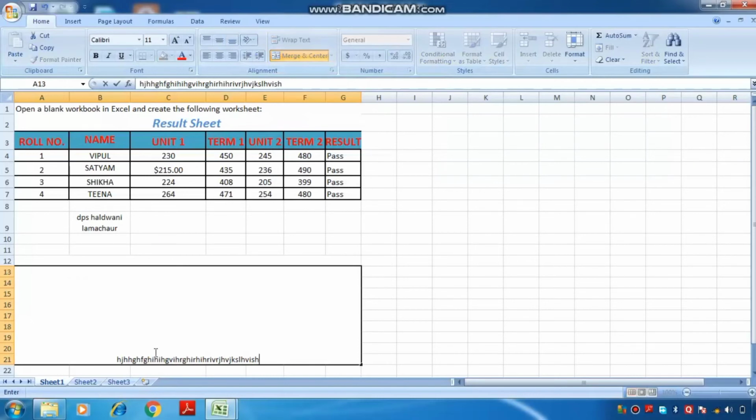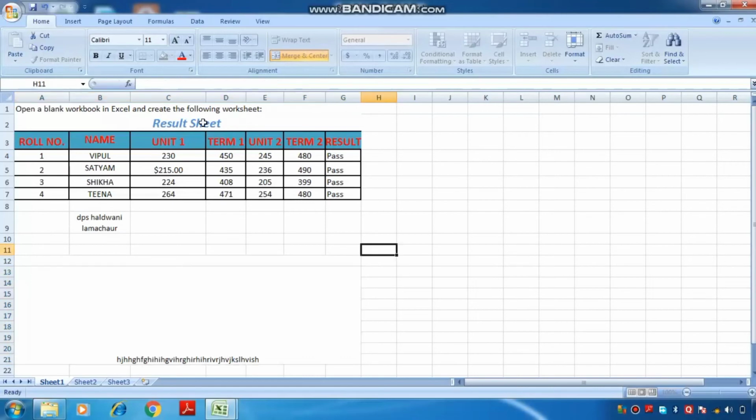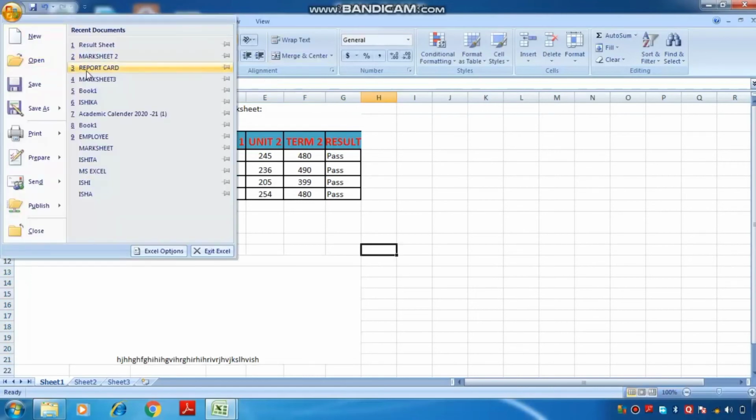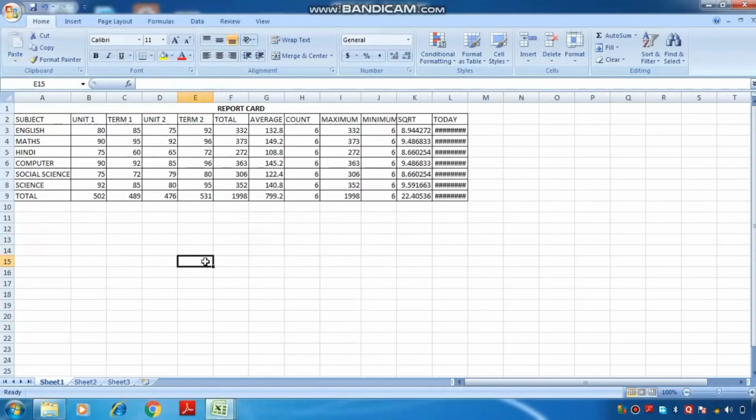Now the next is text formatting. So what is text formatting? Text formatting means to perform the operations that improve the appearance of your worksheet. We can use various text formatting options like changing the font face, font size, style, color, etc. to our cell values. For this we will take another Excel sheet. I have already a pre-made Excel sheet, so I have to open that like this.